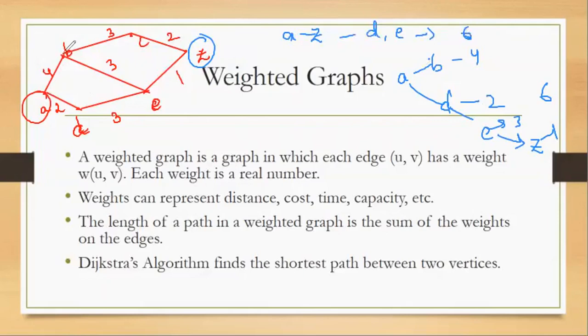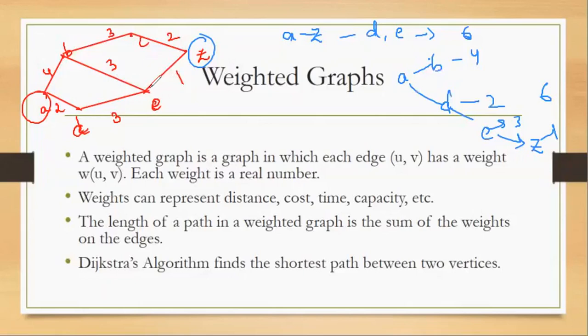While if I am going from A to B, then B to C and then Z, 4 plus 3 plus 2 will give me 9. Or even if I am going from A to B, B to E and then Z, it will give me 4 plus 3 plus 1, which is 8. So basically, whenever we are choosing the path, we have to look for the shortest path. So there is a path of length 7 and a path of length 6. So the shortest path is of length 6.